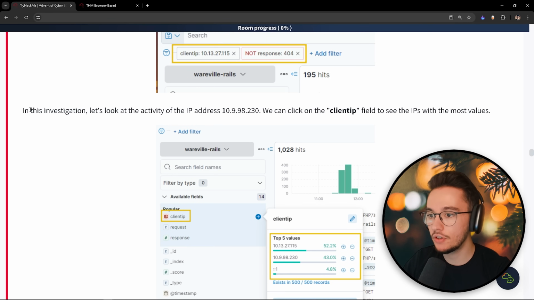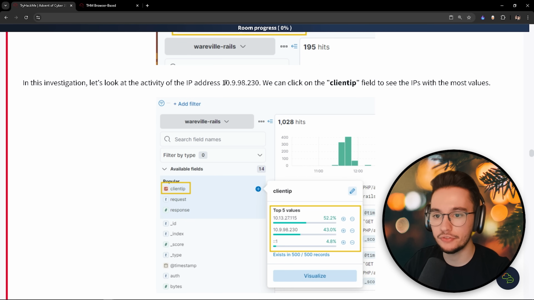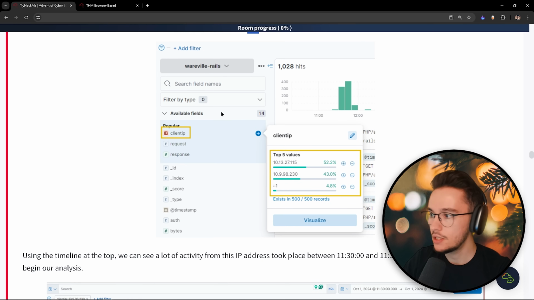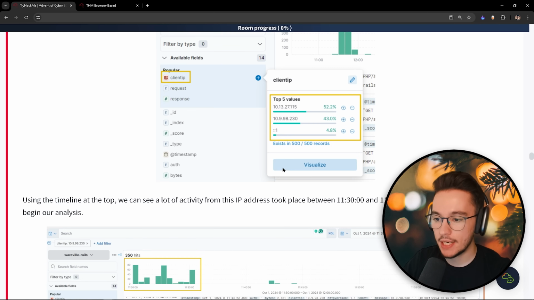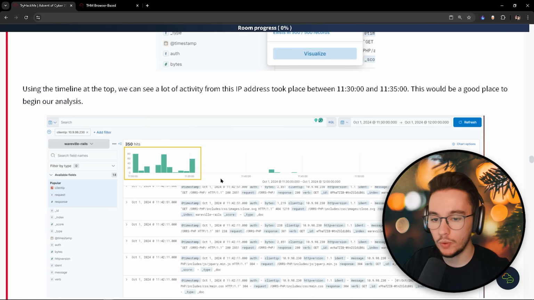Then if you need to remove filters, you can just click on the X. Now for this investigation in particular, we are going to focus on this particular IP, the one that ends in 230. So what we need to do is, again, click on the client IP field and isolate it by clicking on the plus sign right here that is associated with the IP that we want to isolate. When we do that, we remove a lot of the noise from the logs,